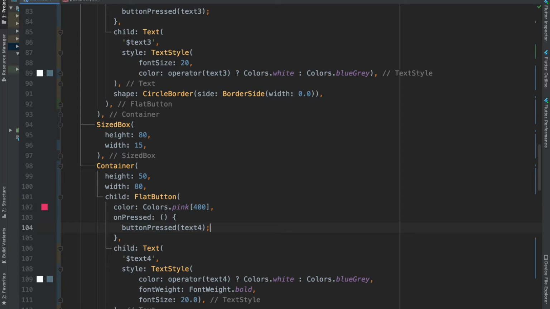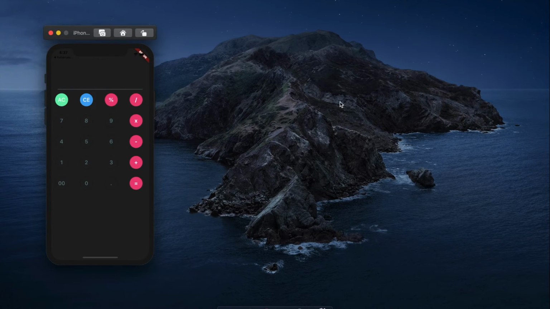Now let's see whether this works fine or not. So yeah, once we press the buttons, we can see the value of the buttons getting printed at the top. But we don't want to print the values of these two buttons on the screen. Instead, we want them to delete our content. So this button simply deletes all the content on the screen, and we want this button to delete the last entry given by the user. For that, we will apply some condition in the onPressed of our flat button.